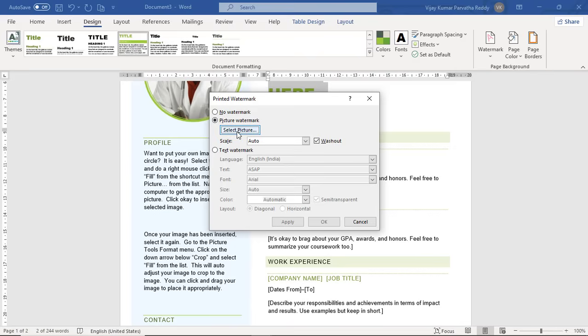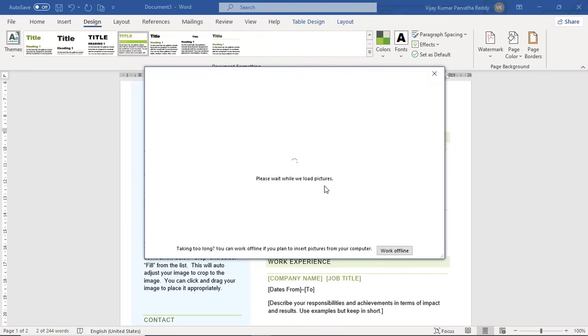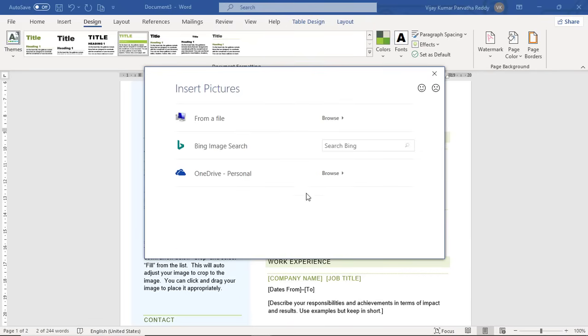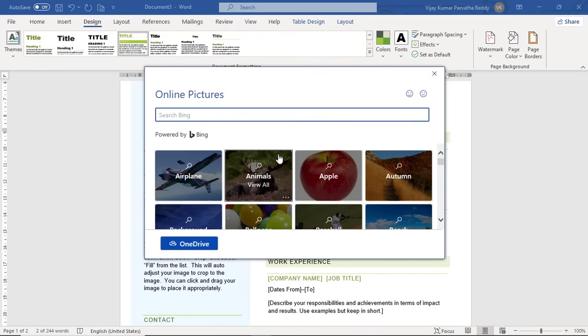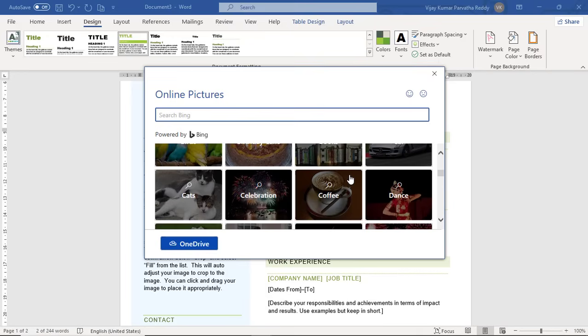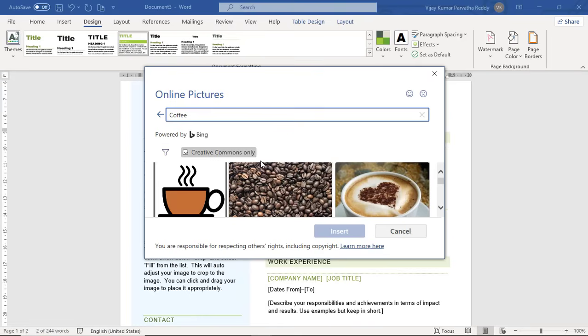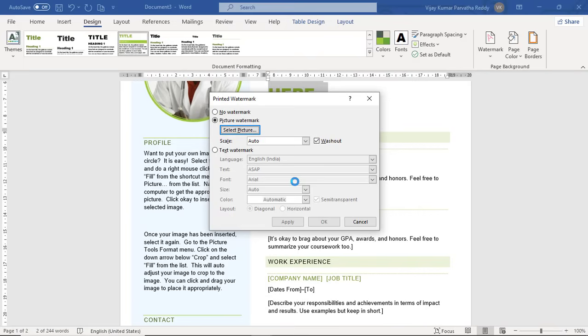Select picture, it is asking. So, you have to select the picture from a file, means from browse, or suppose Bing image search I am giving. So, it is giving some pictures here. Select the particular one and you can apply that particular picture and say insert,